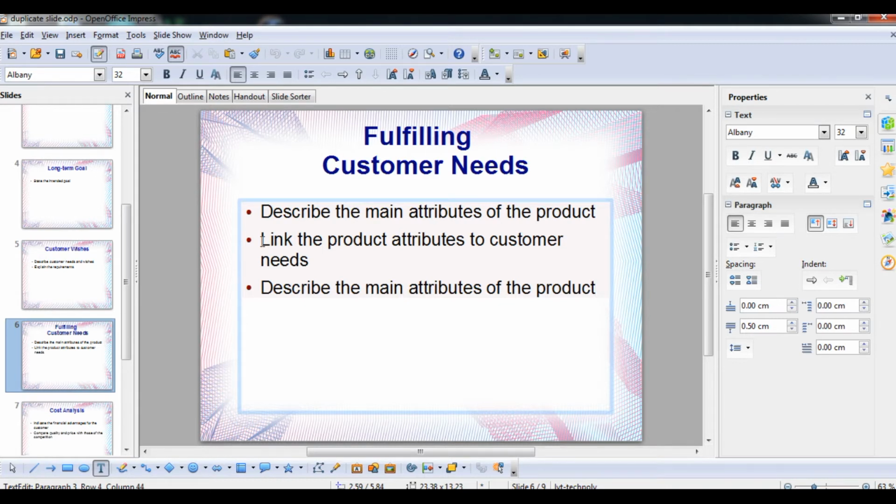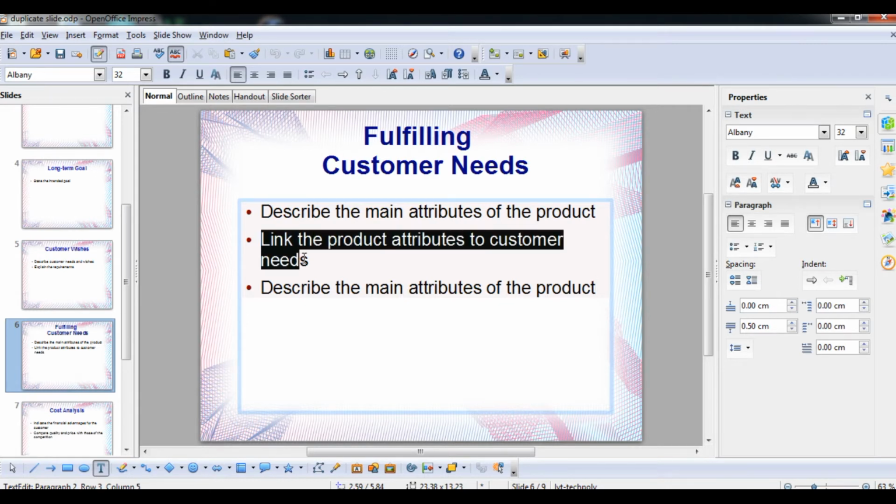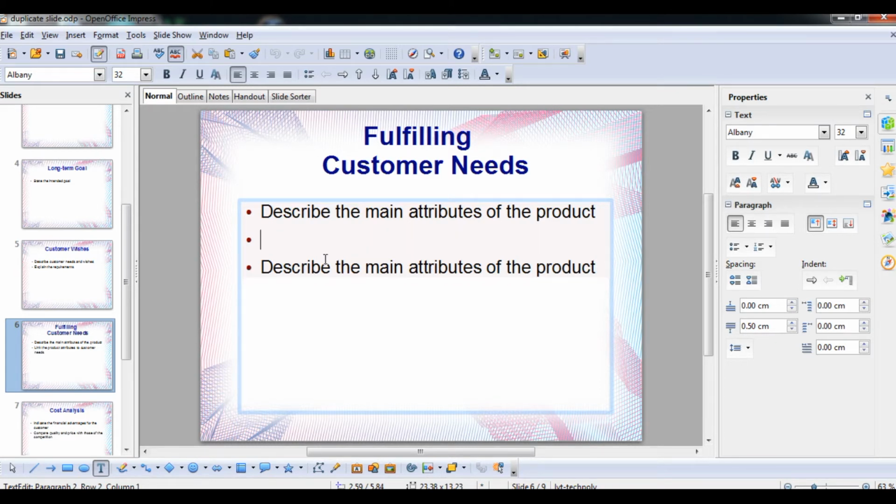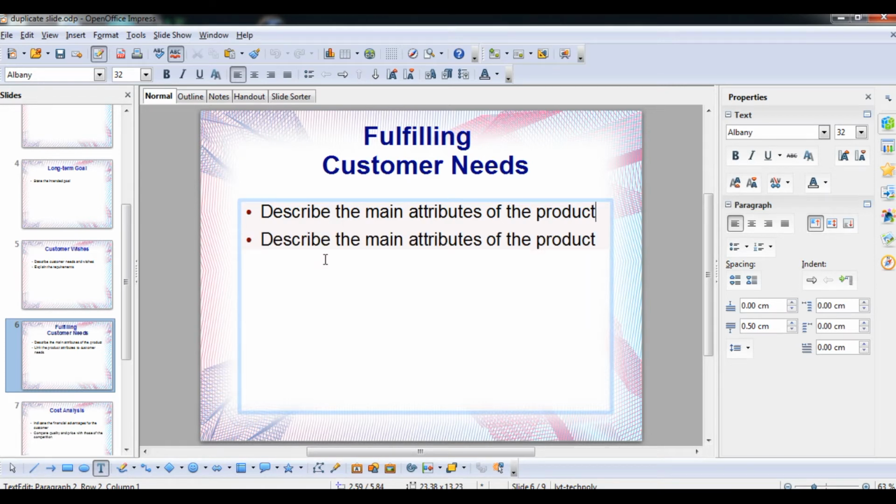Now you can do that with the help of shortcut commands also, but you have to first select manually with the mouse, then press Control X for cut, and then mention the new location. After hitting enter, you press Control plus V. This is cut and copy of the content.